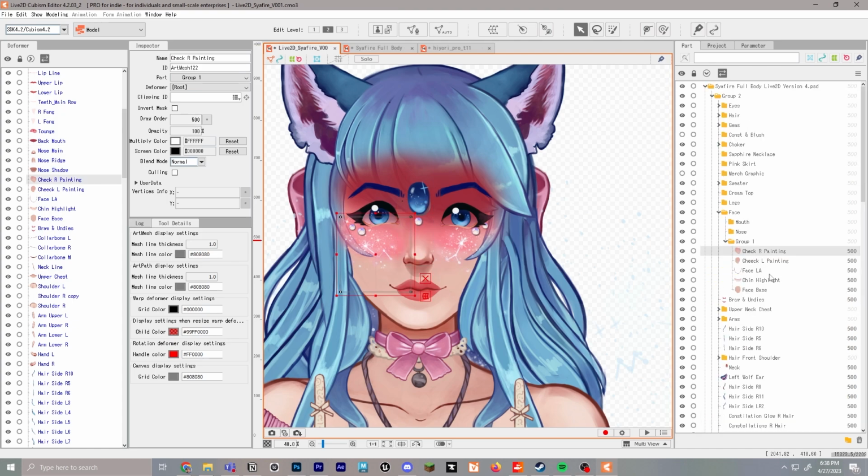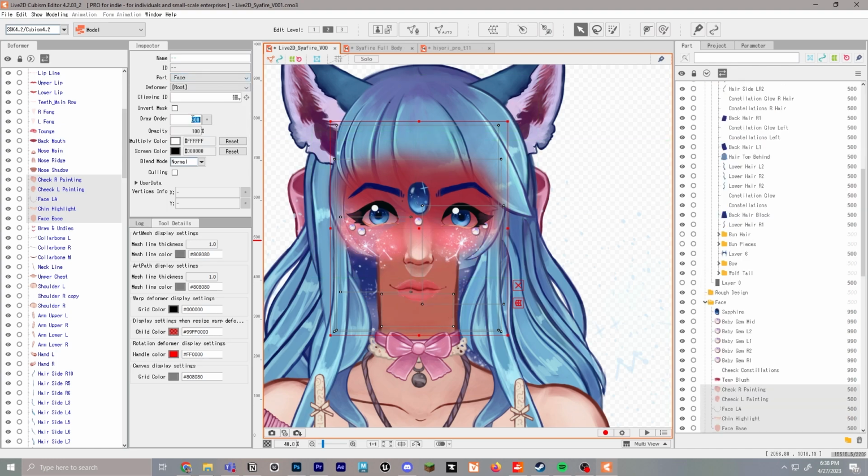And this is all the cheek painting and the face and the highlights and stuff that I have in here. And I'm going to select all those and actually add that to the face. And if you have your own layers, name these things. Make sure you're choosing the ones that are in Live2D Cubism. They're usually scrolled like at the bottom. This is just an issue I've run into. This is the reason I do it this way, to make sure everything's working smooth, flowing.